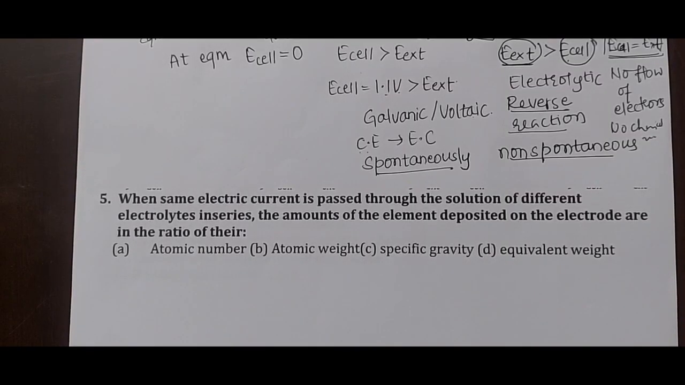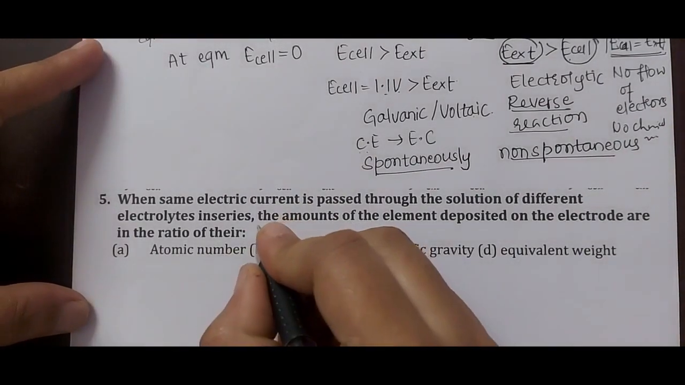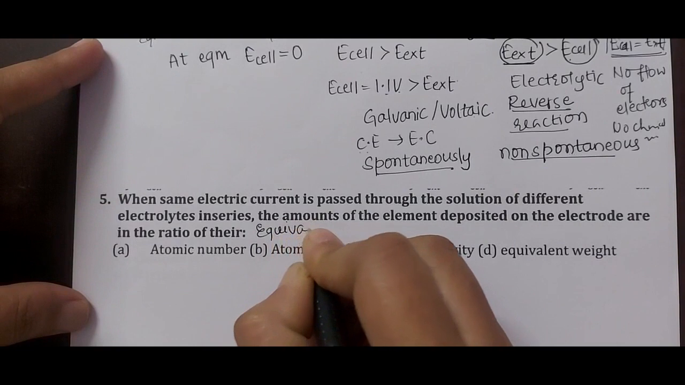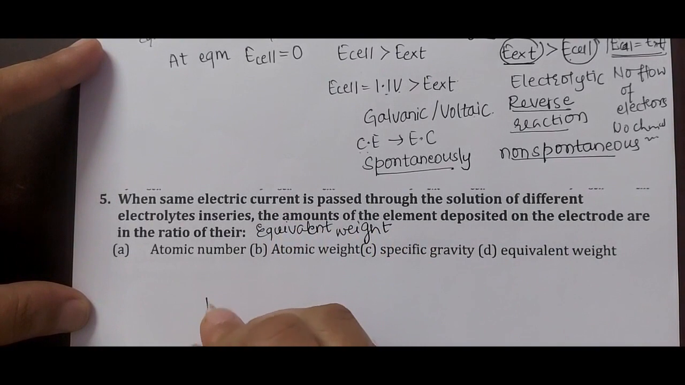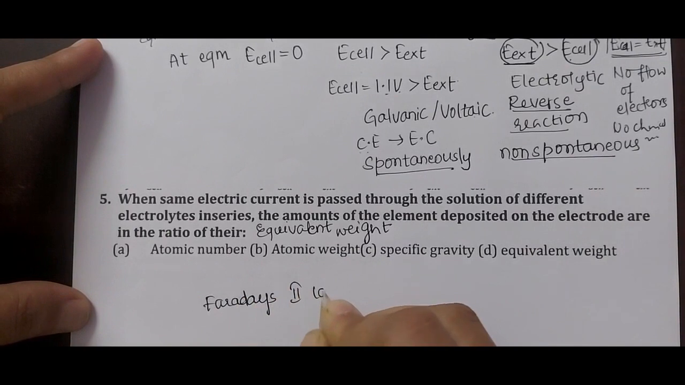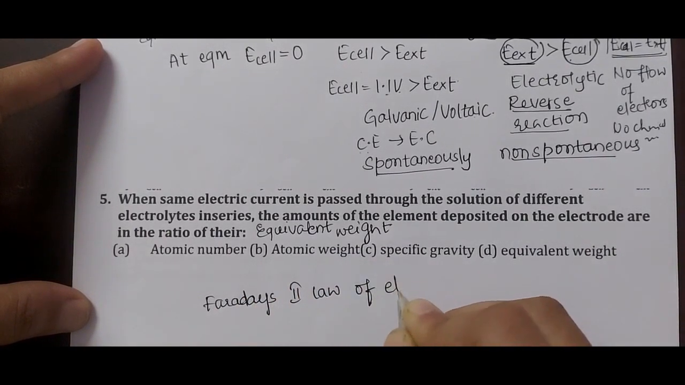We'll go with the next question, that is the fifth one. When same amount of electric current is passed through the solution of different electrolytes in series, the amount of elements deposited on the electrode are in the ratio of their equivalent weights. And this is a direct question which is nothing but Faraday's second law of electrolysis. So this is a question based on Faraday's